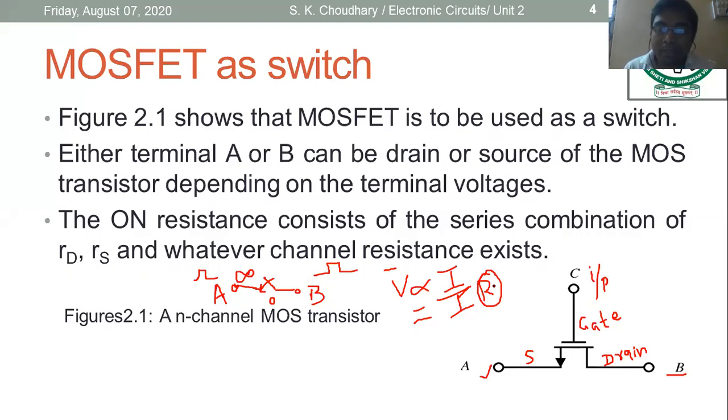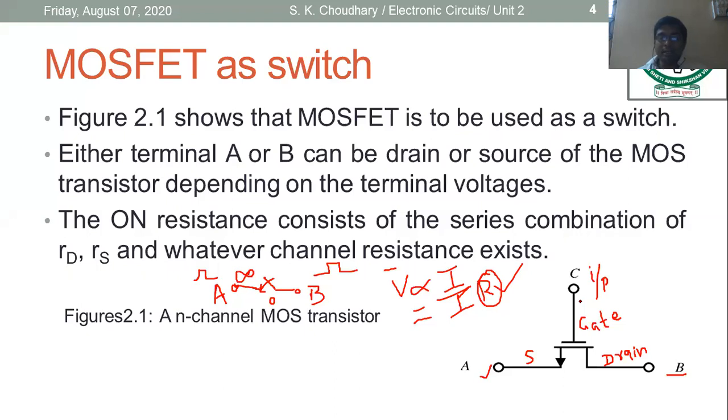So here the major role is played by the resistance between the switching terminals. The same resistance also plays an important role here. As we have declared, B is a drain and A is a source, and we are providing the biasing voltage or input voltage from the C terminal. Suppose you are giving a very good input from this C, and it is greater than the threshold voltage of the MOSFET. So when the gate terminal gets a voltage greater than the threshold voltage, obviously my transistor, the MOSFET, would be turned on,